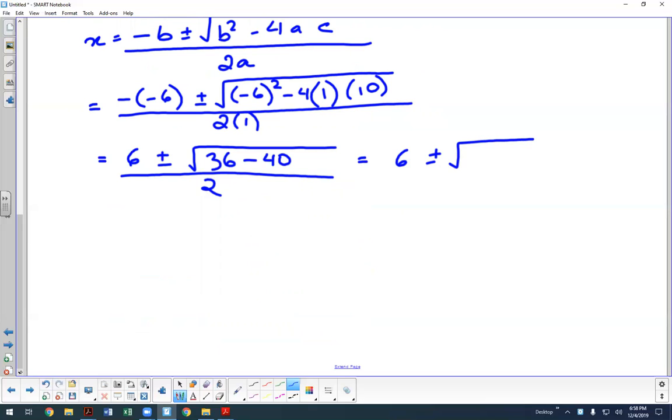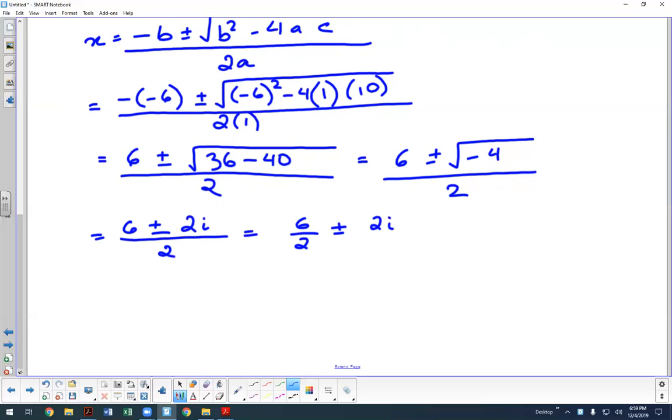It's 36 minus 40. It's negative 4. How do we simplify the square root of negative 4? Yeah, square root of 4 will be 2, and then square root of negative 1 is our i, imaginary number. And then you're just simplifying, so you can do 6 divided by 2 plus or minus 2i divided by 2, which ends up giving us